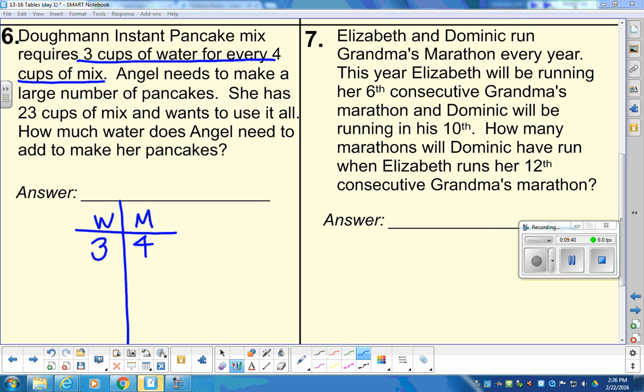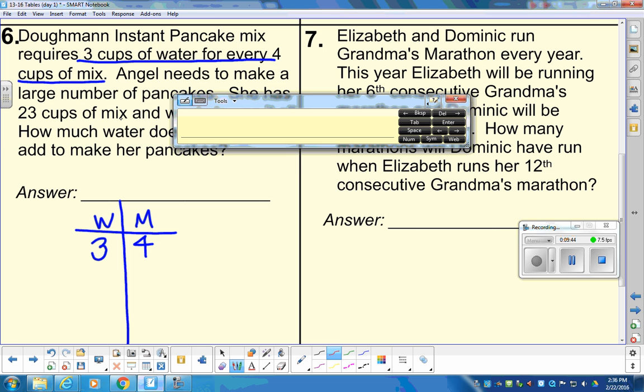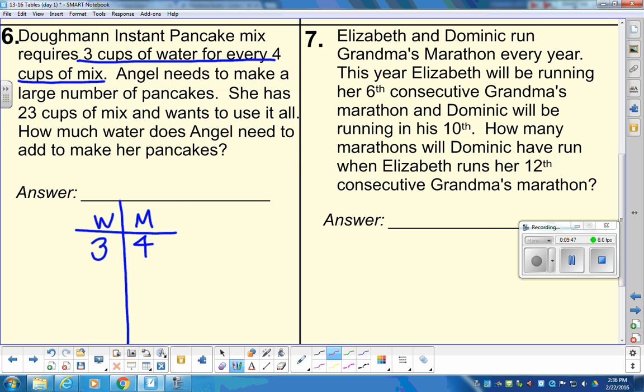Angel needs to make a large number of pancakes. She has 23 cups of mix. How much water does she need? Okay, so there's our unknown. My question is,